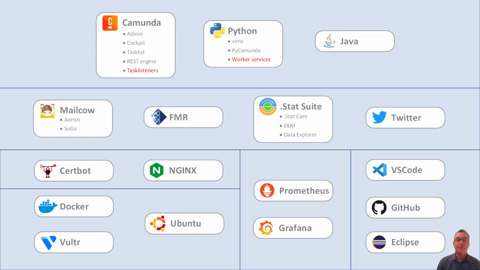Camunda Modeler is a desktop application used on top of this to create process models and deploy them on the execution platform. Regarding licenses of this software, all are open source and freely available on the web. Nevertheless, for Camunda, it's important to note that Camunda Platform 7 Community Edition is used. This version is free to use, but Camunda also proposes a commercial enterprise edition. Camunda Platform also exists in a version 8 available under a software as a service model.